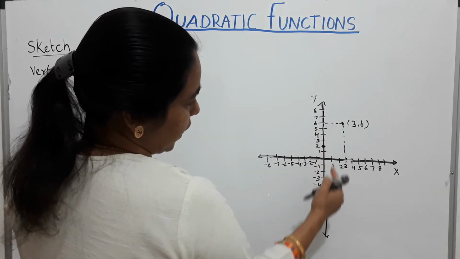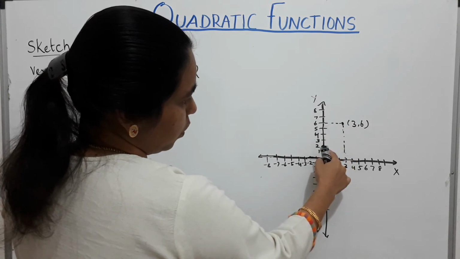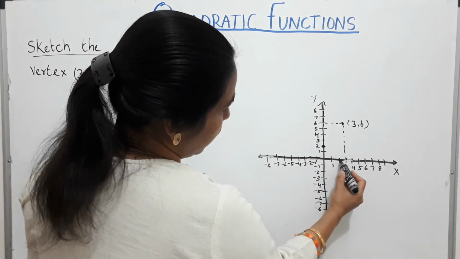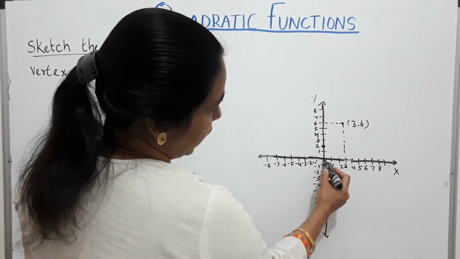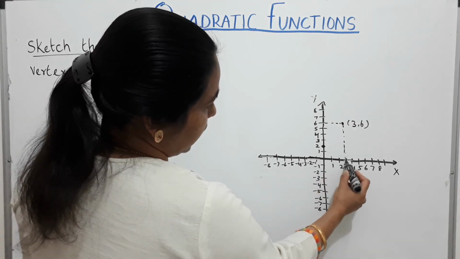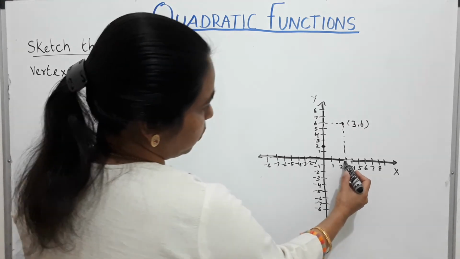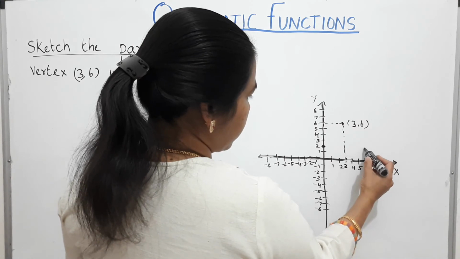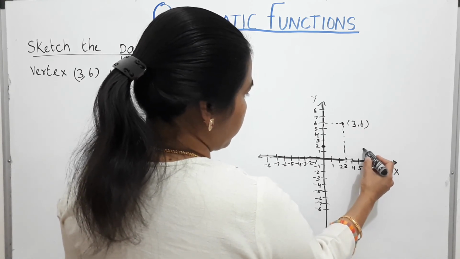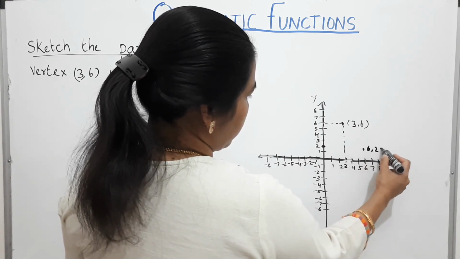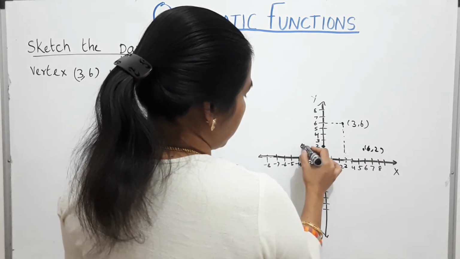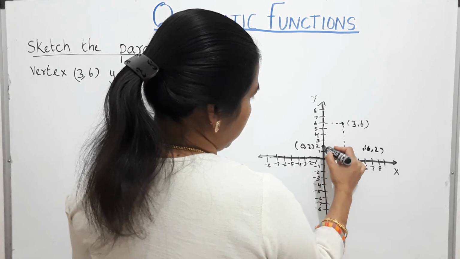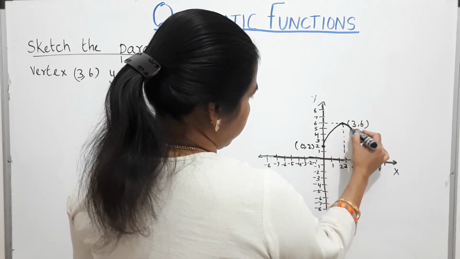So from this you can understand the parabola opens downward. In this case, 0 is here, which means 1, 2, 3 points away to the left of the axis of symmetry. So again, 3 points you have to count to the right. So 1, 2, 3, and then here the point will be 2. So (6, 2), and this is (0, 2). So you have 3 points now. It's easy for you to sketch it.